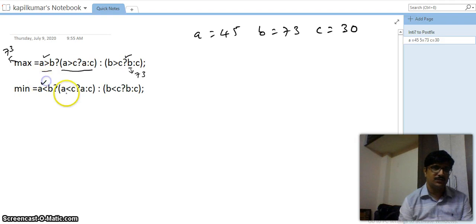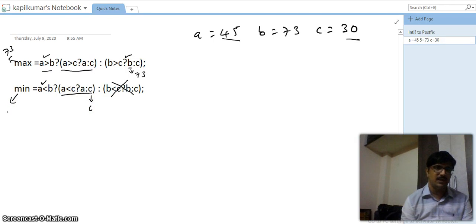Whenever the condition is true, it will go to the first part of the colon and leave the second part completely. Now when it goes to the first part, it encounters once again a conditional operator to check whether a is less than c or not. Is a less than c? No. The a value is 45 and the c value is 30. Therefore, this condition is false, so it will go to the second part of the colon, that is c. So this c value will be assigned to the minimum.